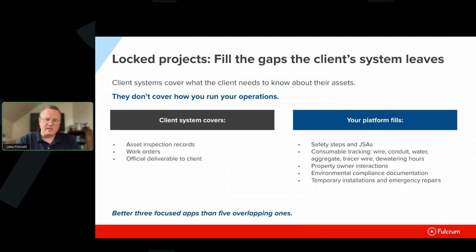With those locked projects, I'm just going to drill down slightly more on the locked projects here, because one thing that you still should remember is that the client will probably only cover the things that they need you to think about that are central to that project. So asset management is typically one of them, right? You're doing maintenance or you're doing inspections or whatever, or installations for them. They will not be covering the way that you run the operations. They will be dealing with the asset management information itself.